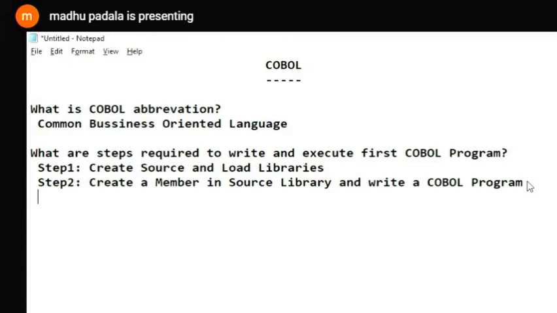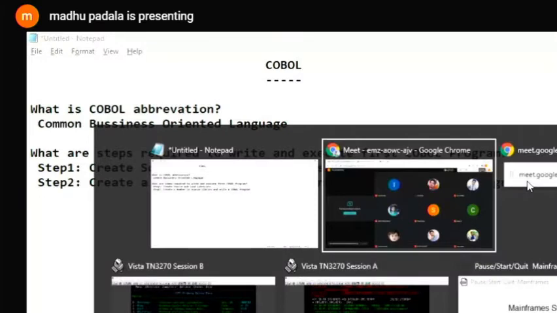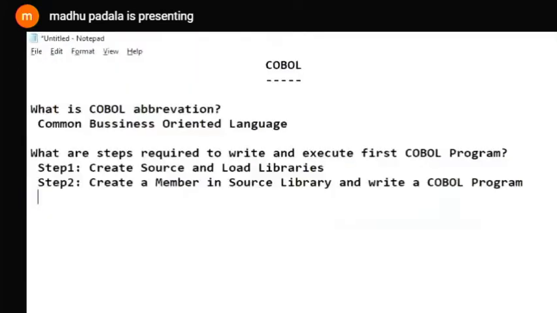Even the CICS programs contain screen coding and a COBOL program; they are compiled with a JCL, but executed without a JCL. Did I say it or not? Yes, sir.